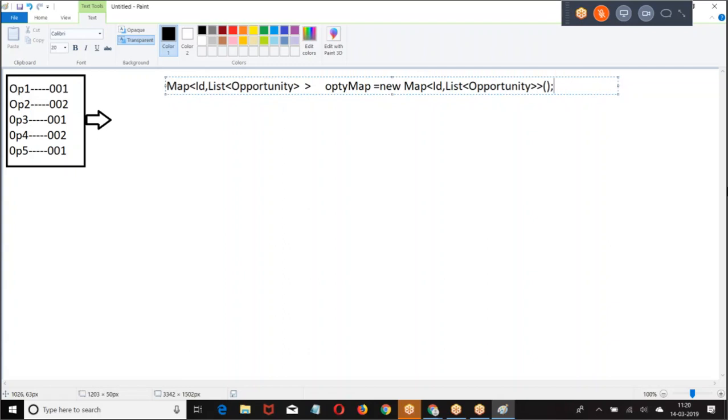Now for this account, how many opportunities are there? I have a list of opportunities. Let us say this list is given as opti list. From this opportunity list, take one by one opportunity and put them in a map.